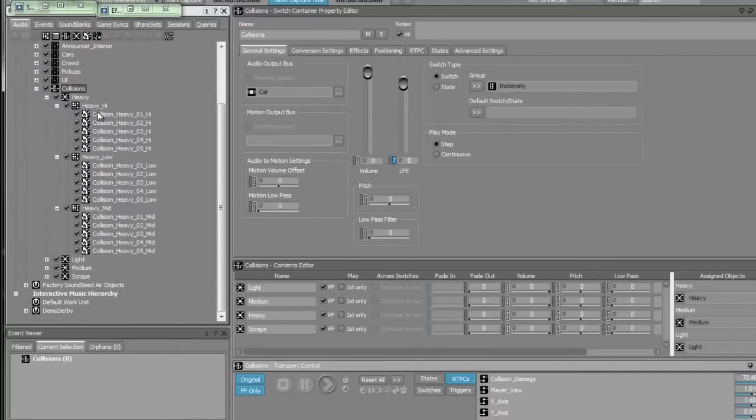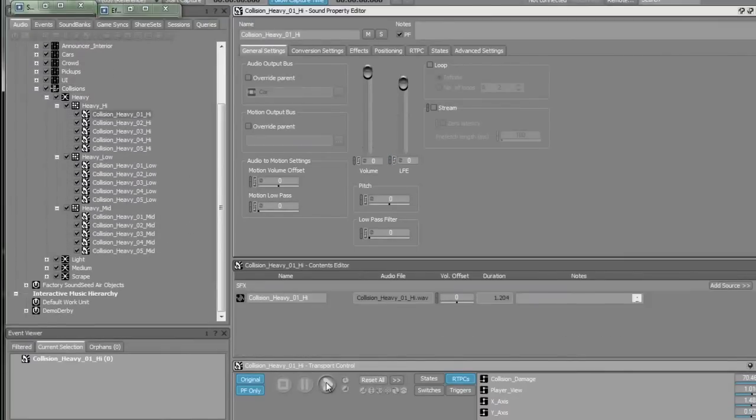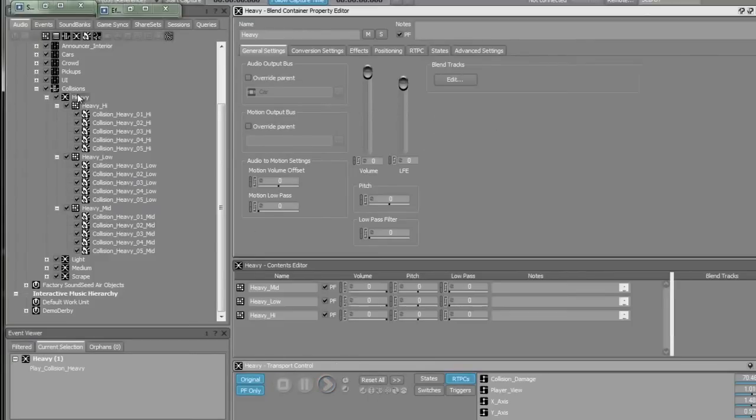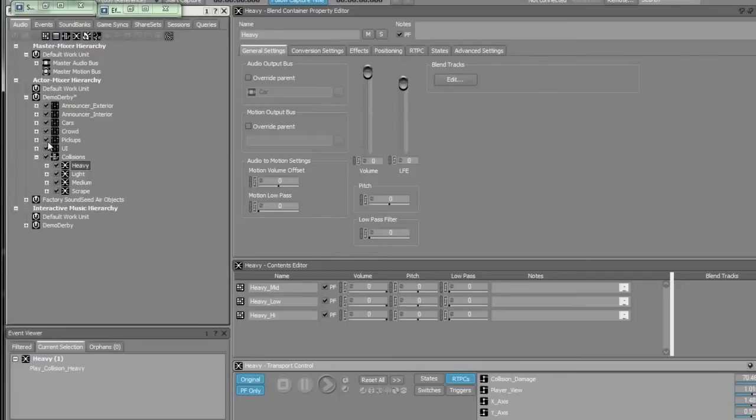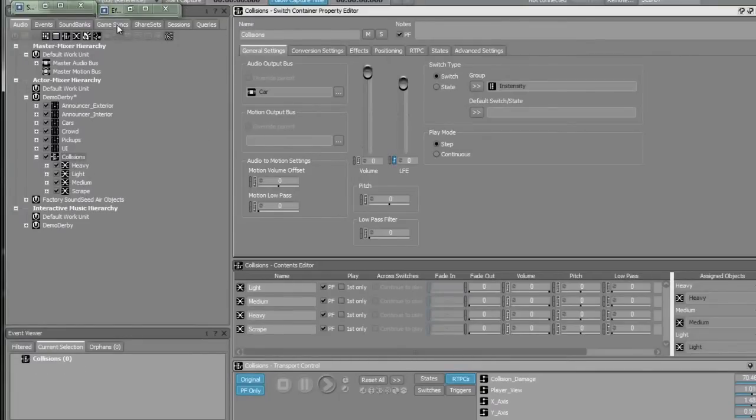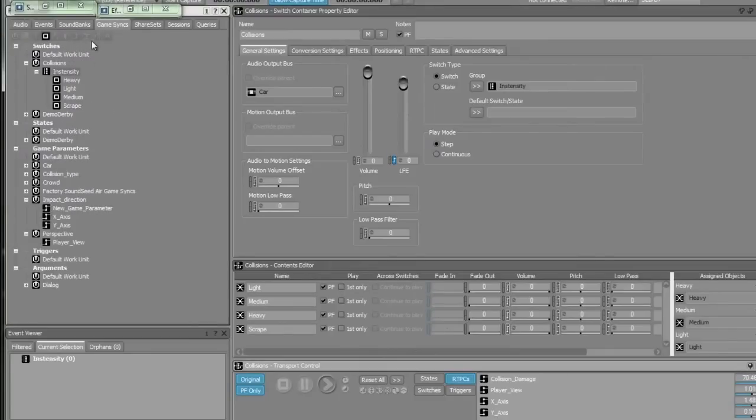So if you play each one individually, and then play them all together, you'll get a random variation of the low, mids, and highs every time the collision plays to simulate some sort of randomization. So we're going to go to the Game Syncs tab, and I'm going to show you